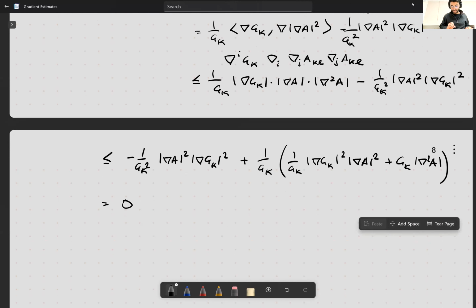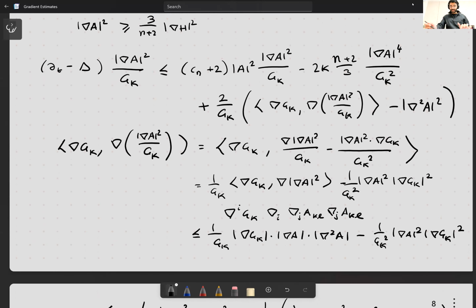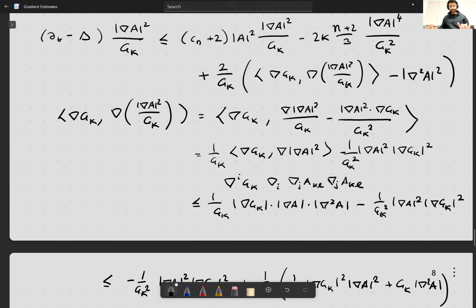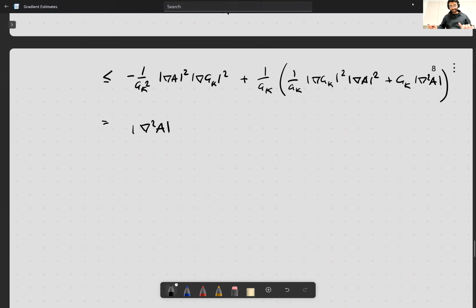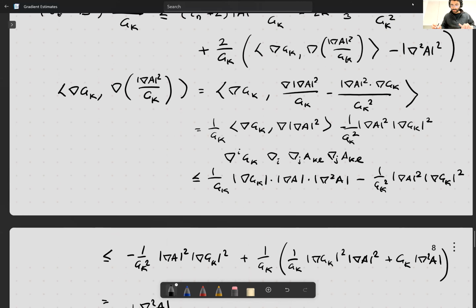Okay, because this cancels out with that. And then, oh, sorry, no, it doesn't give us 0. It just gives me this. Okay, so then when I add these together, I get 0 there, less than or equal to 0. Okay, sorry about that. Then I get partial t minus Laplacian of nabla A squared divided by GK in the end is less than or equal to just the,